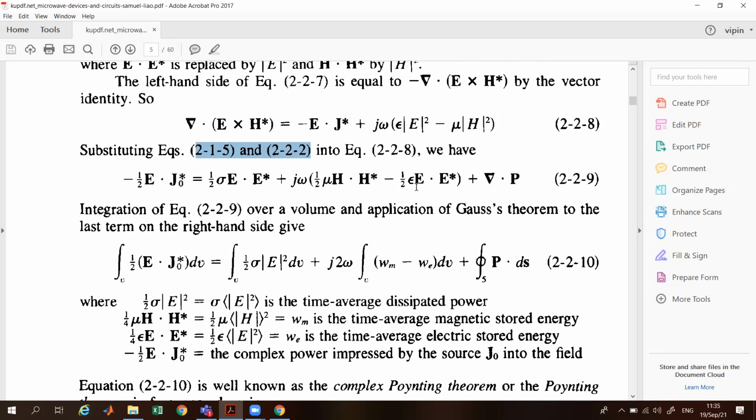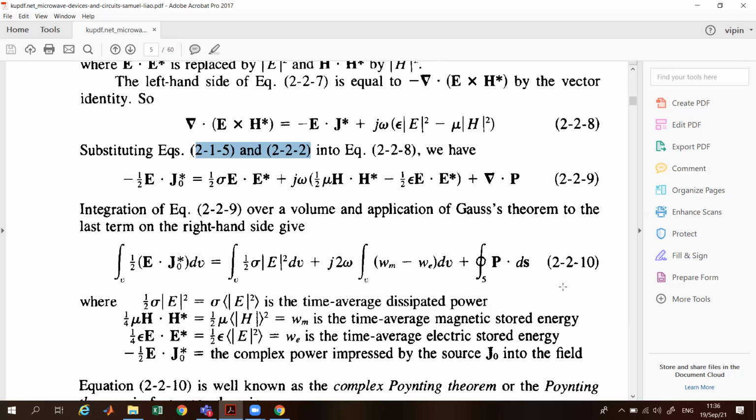Now, if we integrate this equation, we are doing a volume integration. Half of E vector dot J naught vector dV equals half sigma E vector square dV plus J omega 2W omega m minus omega E dV, and we are using a surface integral of P vector dot